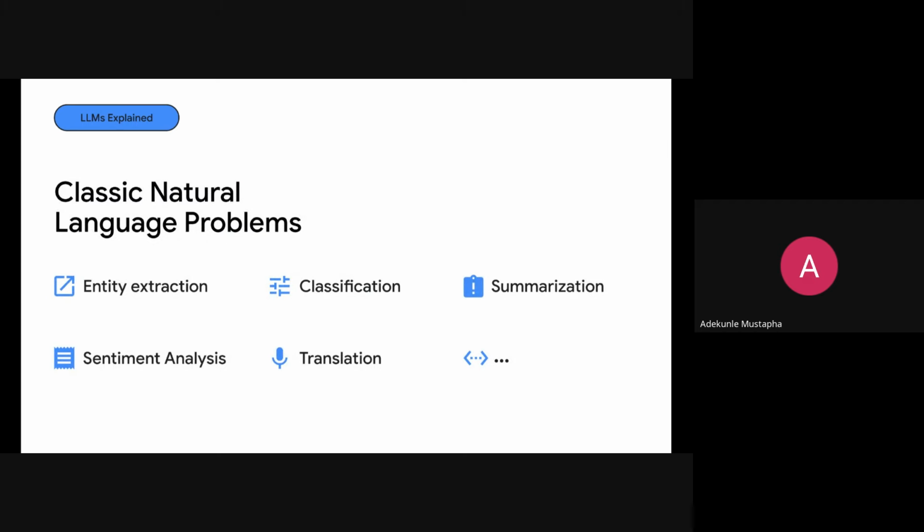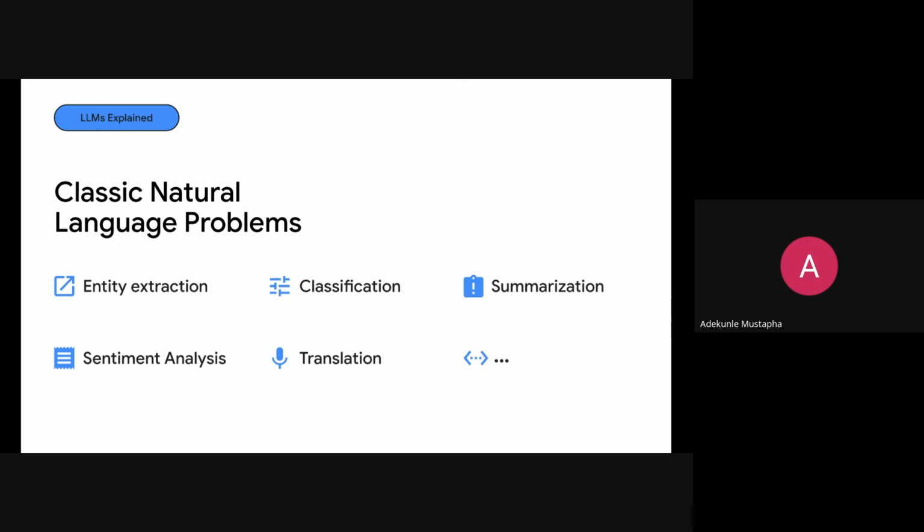So what are the classical natural language problems that we have? We've bragged about how LLMs are super fast, super interesting, and can do a lot of fascinating things. All these abilities make them useful for common natural language problems that we typically have to train different tasks to work on, like entity extraction, classification, summarization, sentiment analysis, translation, etc. You can give an LLM a piece of text and ask it to determine the sentiment of that text.